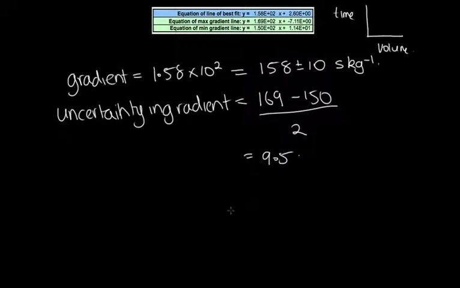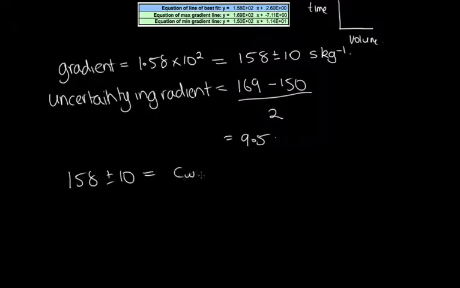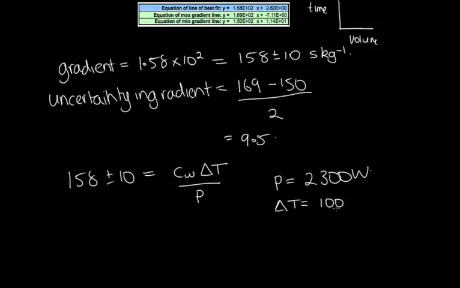And now we're told that the gradient is equal to Cw times the change in temperature times the power. So for my kettle, the power was 2,300 watts. The change in temperature is the final temperature, which is 100 degrees Celsius, minus 25 degrees Celsius, or whatever you measured the initial temperature to be. So this is 75. So we have that Cw is equal to 158 plus or minus 10 times this power,